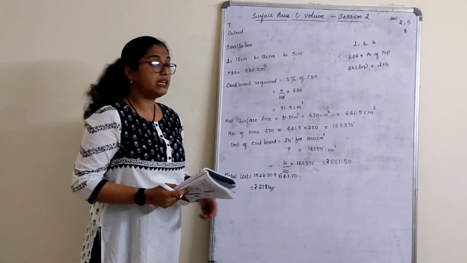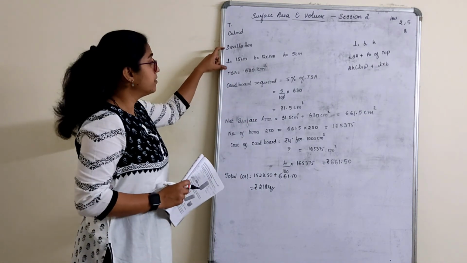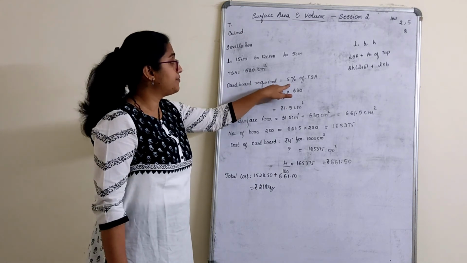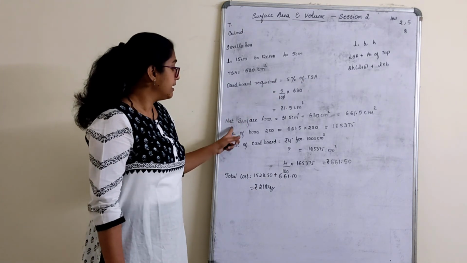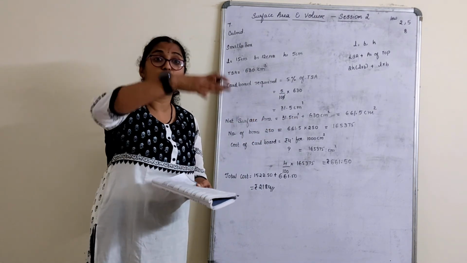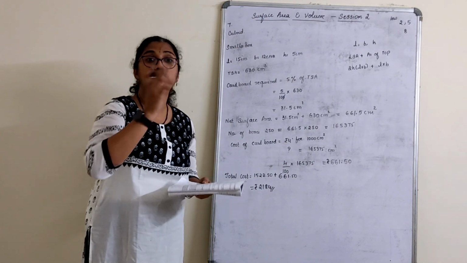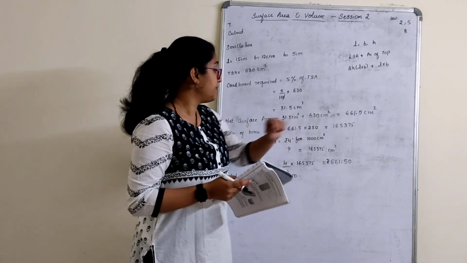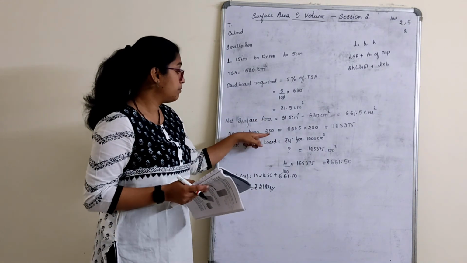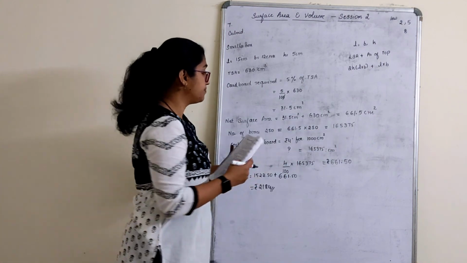This is the only lengthiest sum, children, that we have. I'll just give a gist once again. Let that be the smaller or bigger box. First find TSA. Cardboard required is 5% of TSA. We find the net area, the actual TSA and the cardboard area. Why cardboard area? That is to be overlapped. 5% of the area, however much it is, we use for overlapping. Total area we got. This is for one box. Such 250 boxes I have to make. With respect to that, this much will be the area.